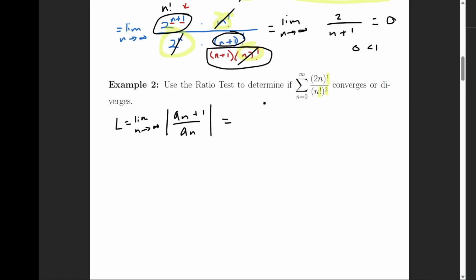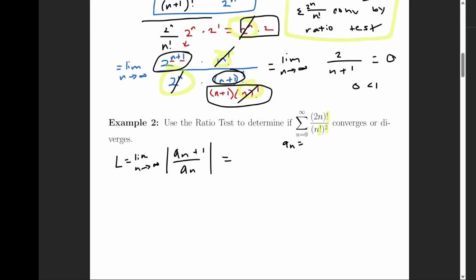Okay, so here I can write it out for you to see. So a sub n is just this, right? We can do it part by part. So let's focus on the top first, okay? So a sub n is going to be 2n factorial, right? And then that means when it's this one right here, a sub n plus 1, that's going to equal,